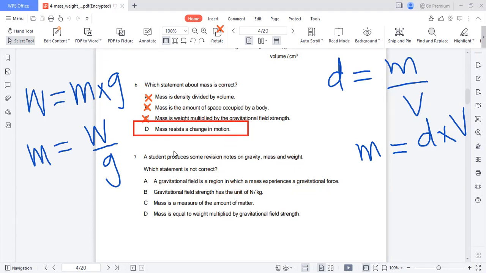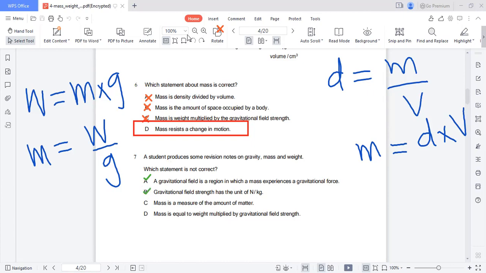The first one looks fine, but we will go through the rest of them as well. Gravitational field strength has a unit of newtons per kg. Yeah, this also looks fine because